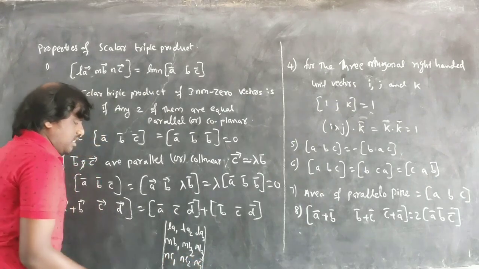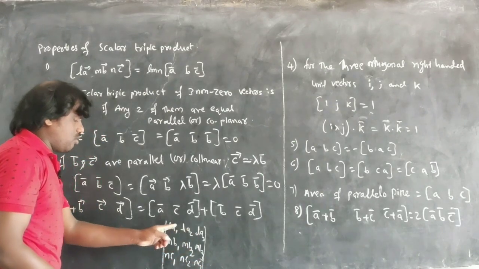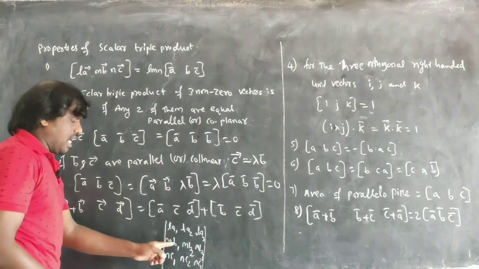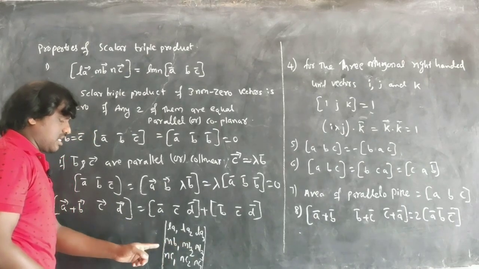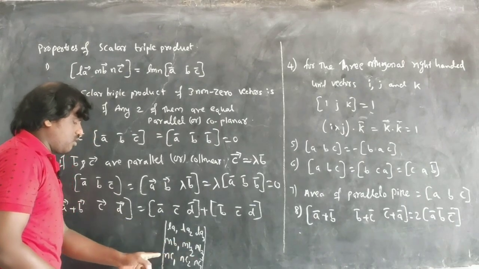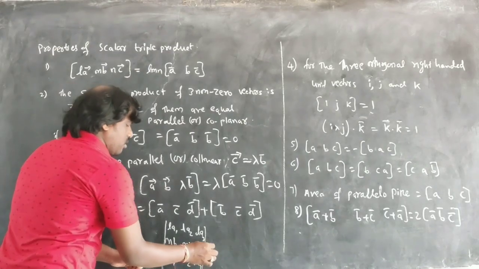Then L will be common out from the first row, M from the second row, N from the third row. So you are going to get